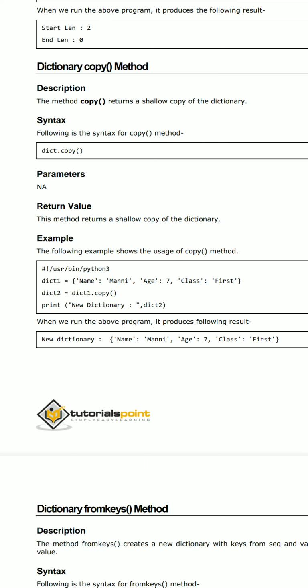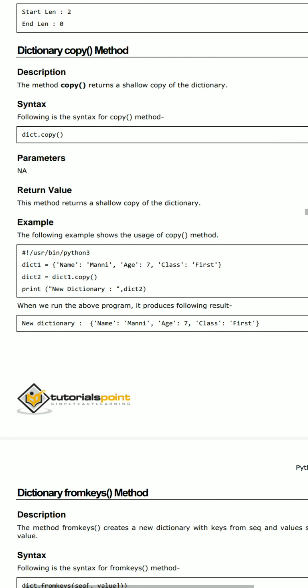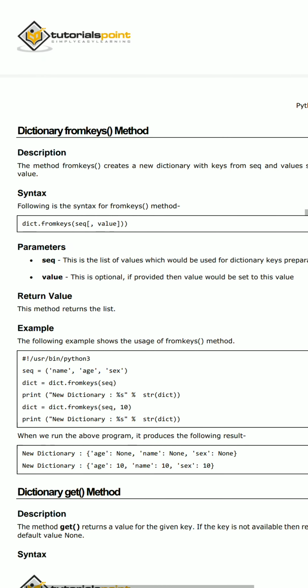Here I am copying the items into dictionary2 by using the method called copy, dictionary1.copy(). That is, the values in dictionary1 will be reflected in the shallow copy, dictionary2. So the new dictionary values are produced as output: name money, age 7, class first. This is the copy method in the dictionary. And the next one is the